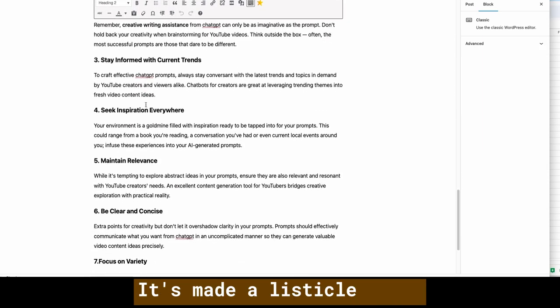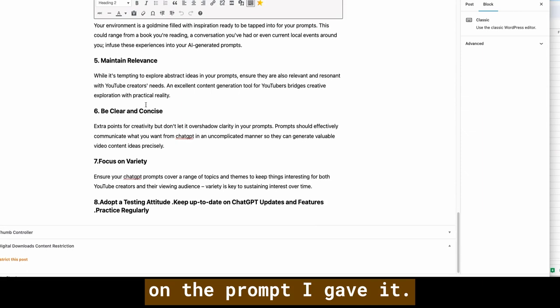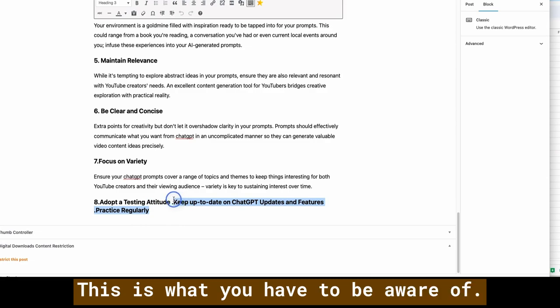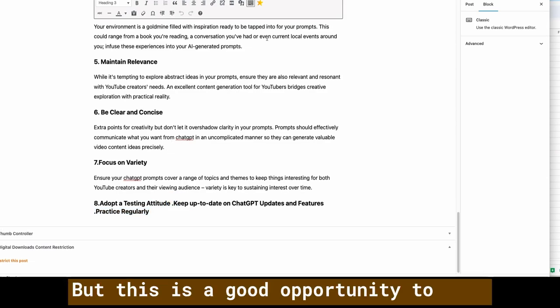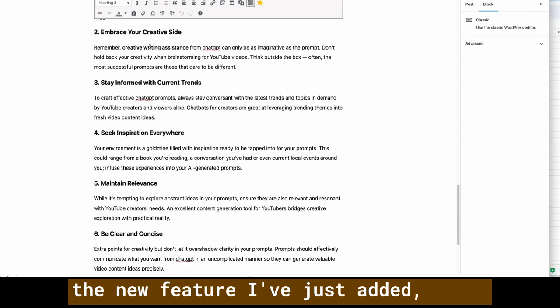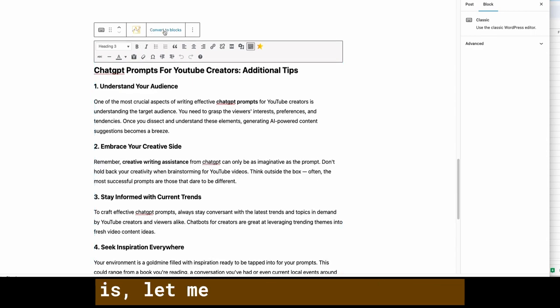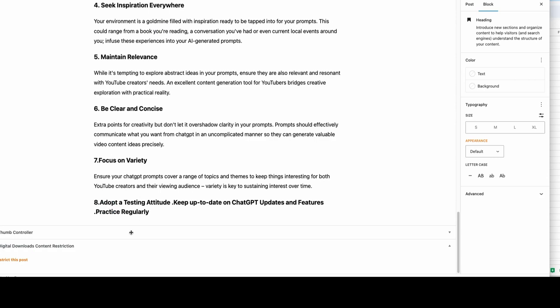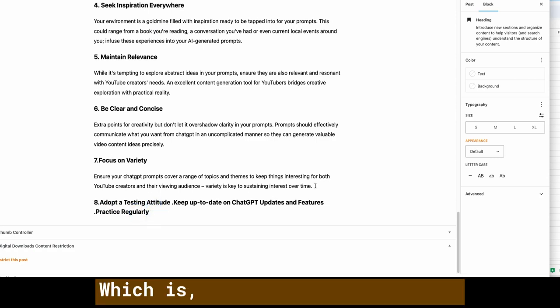It's made a listicle based on the prompt I gave it. This is not complete, so this is what you have to be aware of. But this is a good opportunity to show the new feature I've just added, which is, let me convert this to blocks first, and I can show the feature, which is, if it lets me,